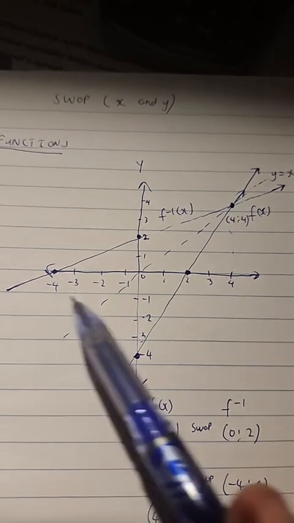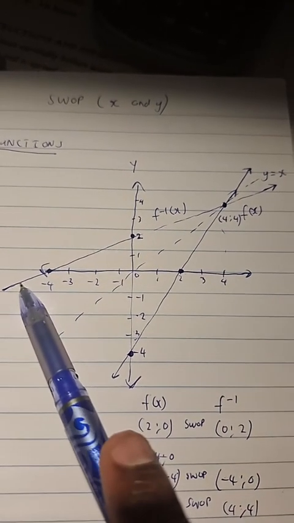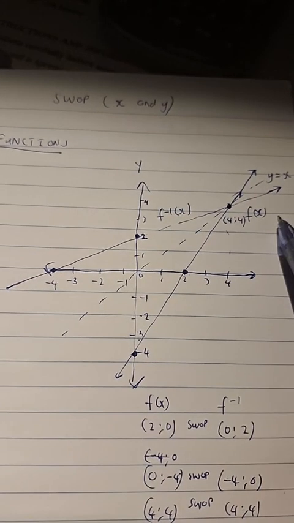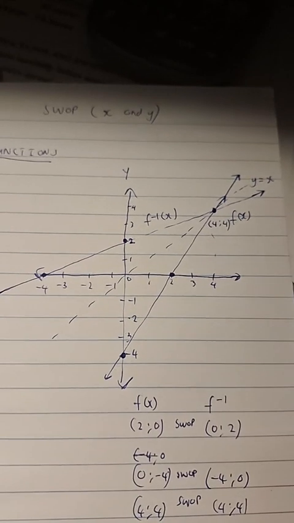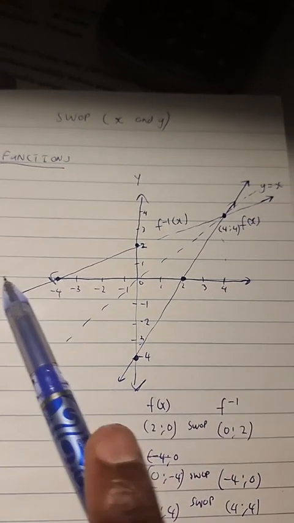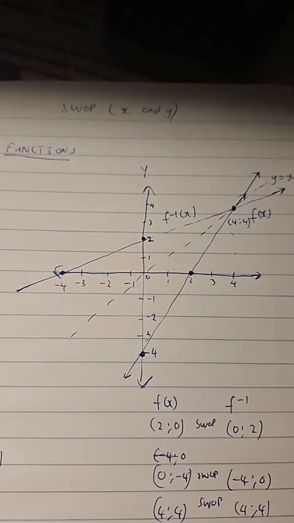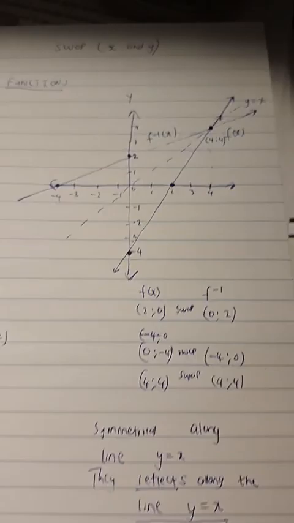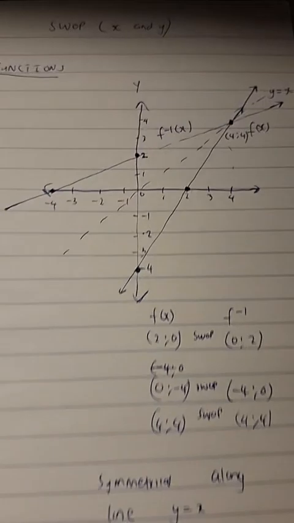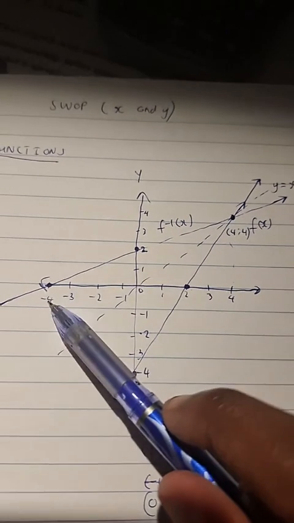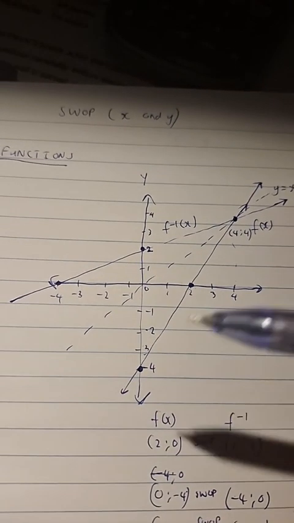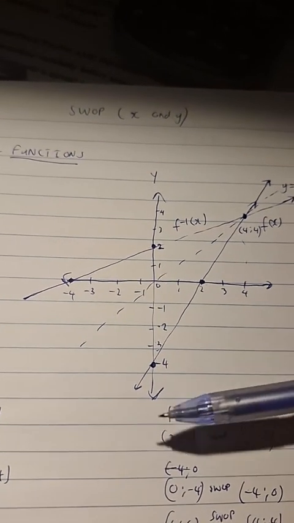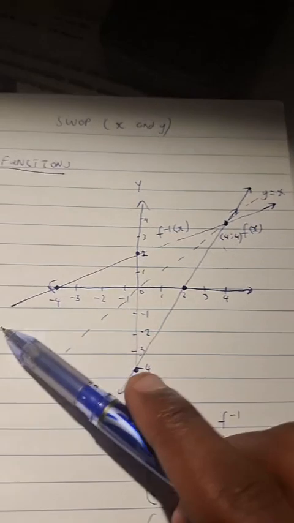Okay. So what is the domain of the function? Does the function exist everywhere for x, meaning from left to right? Okay. I'm sure you guys can see that from left to right, the function does exist everywhere. So again, when we write the domain of the inverse function, we'll say x is an element of what? Of real numbers. If we look at the range as well, from the bottom to the top, this function, we